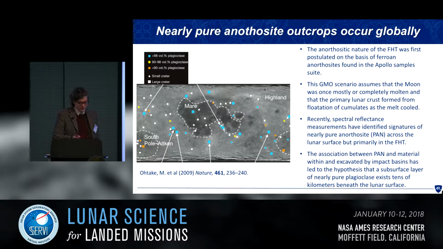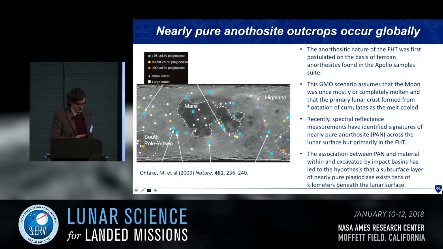So an important question to answer then is, what's the content, what's the composition of the primary crust, because that tells you how this crystallization occurred. So recently, there have been several studies that have identified sort of 100-meter scale outcrops of nearly pure anorthosite across the moon globally. This here is from Ohtake et al. 2009